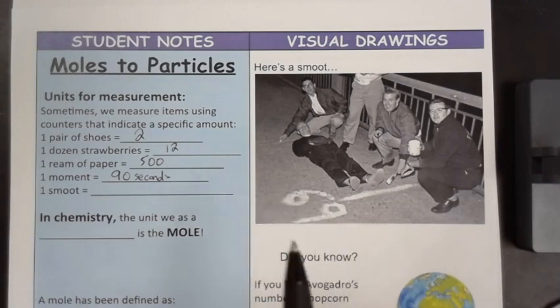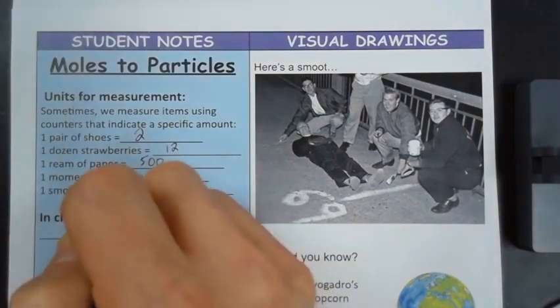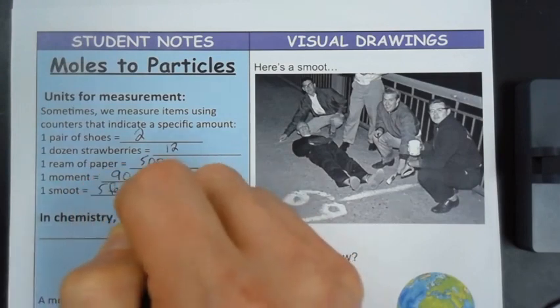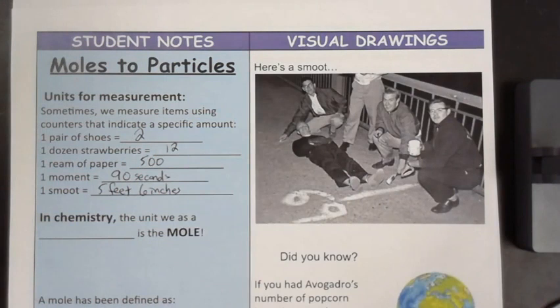And so they've done this so much as a tradition at MIT that a smoot is an actual officially recognized unit of length. And a smoot refers to anything that is 5 feet 6 inches long, because that's how tall this gentleman was. And so if you go to Google and say 20 feet converted to smoots, it will convert any number of lengths you have into how many smoots long it is. Now,